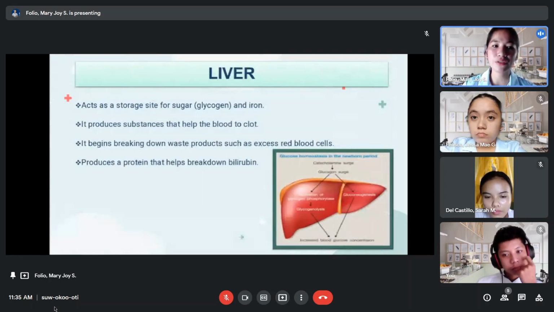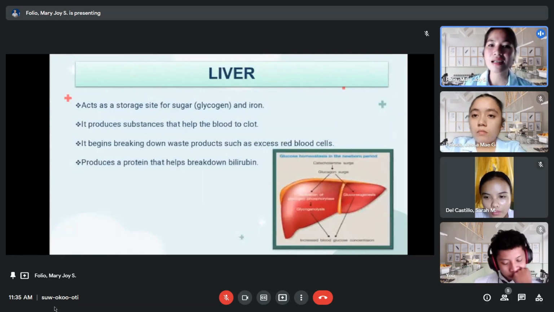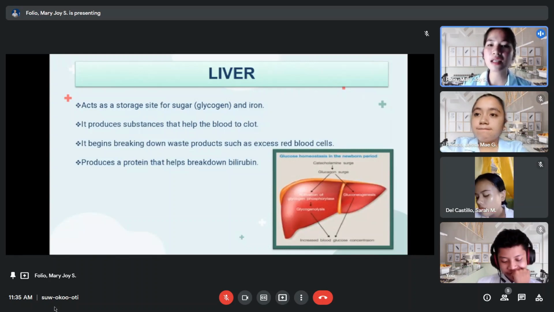Then for the liver, this acts as a storage site for sugar or glycogen and iron. Then it produces substances that help the blood to clot. Then it begins breaking down the waste products such as excess red blood cells. Then this produces a protein that helps break down bilirubin. So in the newborn, the liver is relatively immature and undergoes several changes in its functional capacity during the early